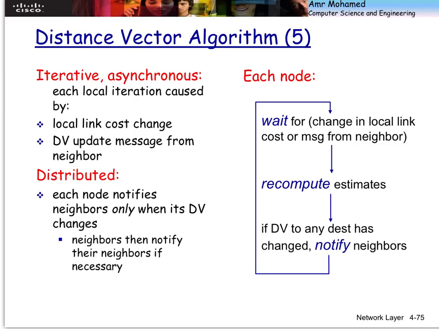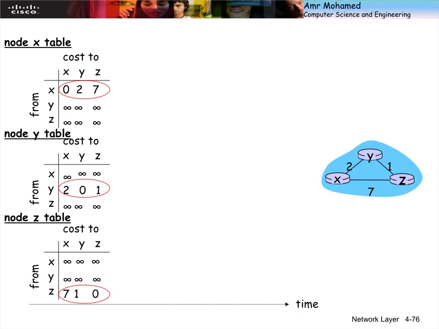Okay? So the algorithm itself is very simple. Wait for change from the neighboring nodes, recompute the estimates, which means calculate your local distances based on the distances reported from neighbors. If there is any change, then you report it to others. And we keep doing this in a loop. So, of course, as we can imagine, the example is very simple. Again, it needs some practice just to make sure that you're not making mistakes in calculation. But it's very